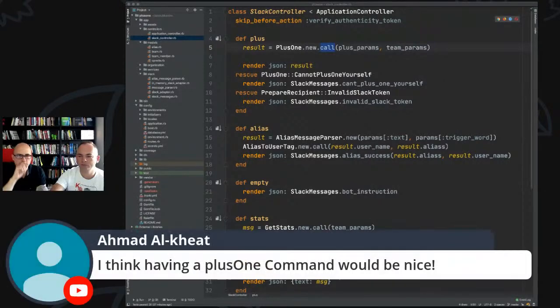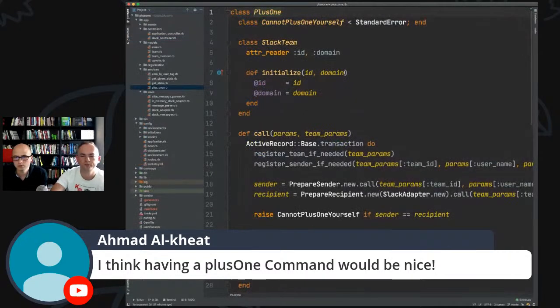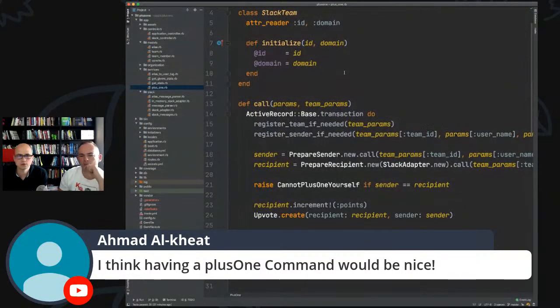If we can go to the +1 for a moment. We are talking about the business logic here, but what got my attention is those two lines.